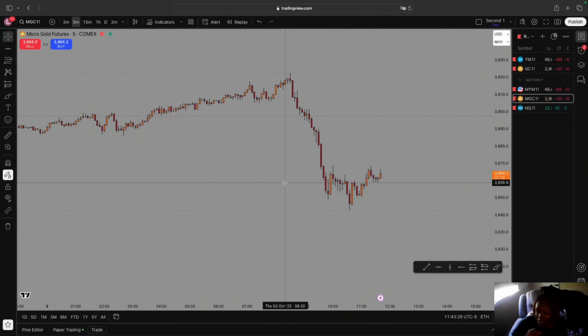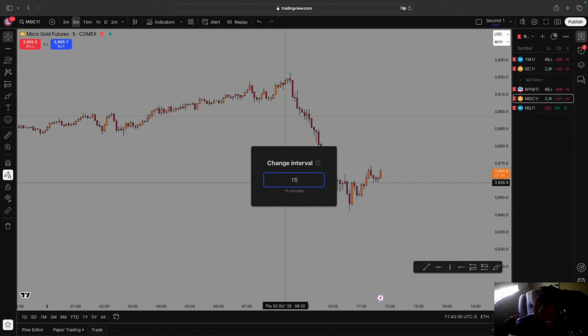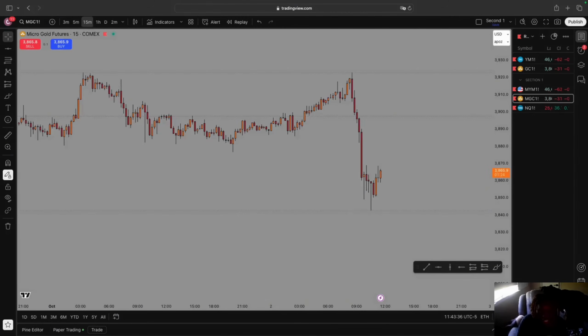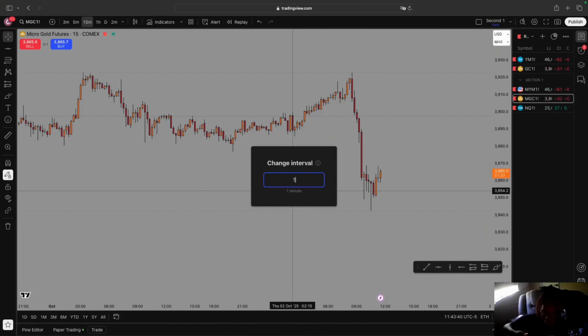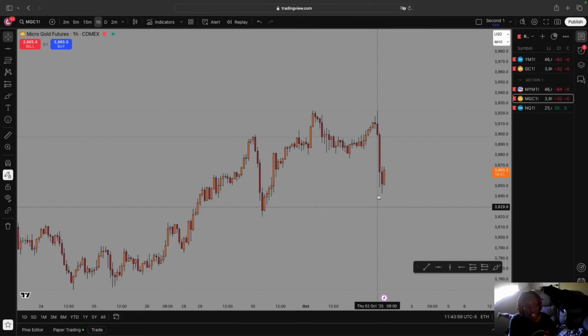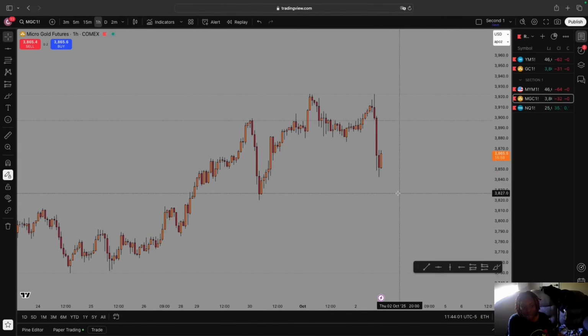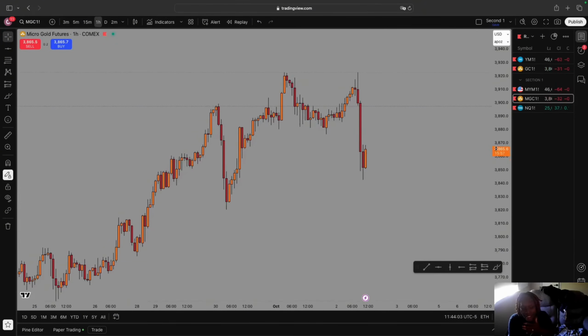Not only that, if I were to start typing 15, it just pops up, as you can see, change interval 15 minutes, and I'm going to click enter. Now I'm on a 15-minute time frame. Let's say I want to go to the 1 hour. That says 1 minute. So now I'm going to type in 1, and I'm going to do H. Now you can see 1 hour is right below it, and I'm going to click enter. So that is a cheat code on how you're able to navigate through your